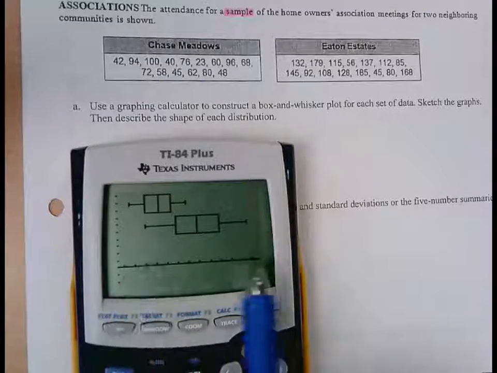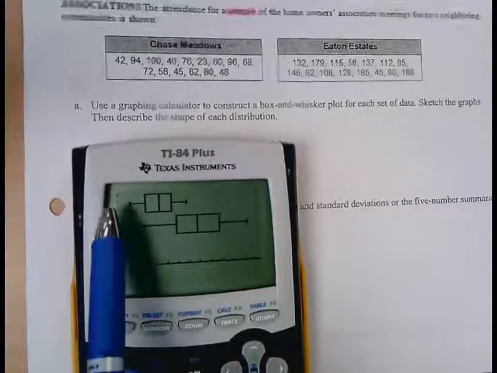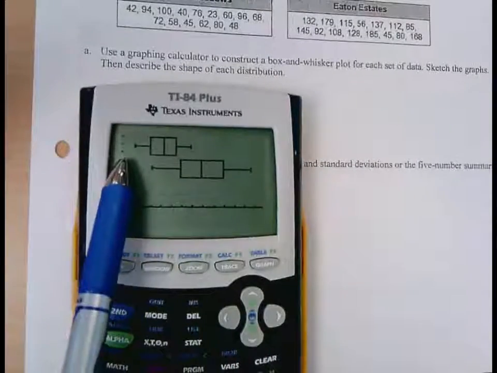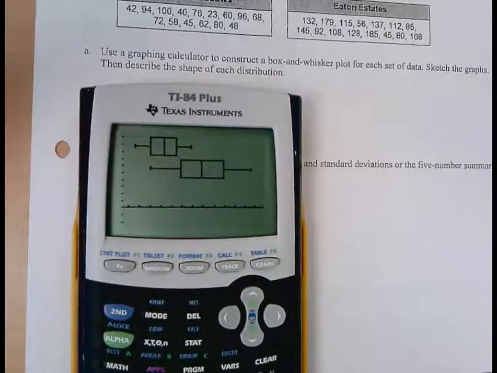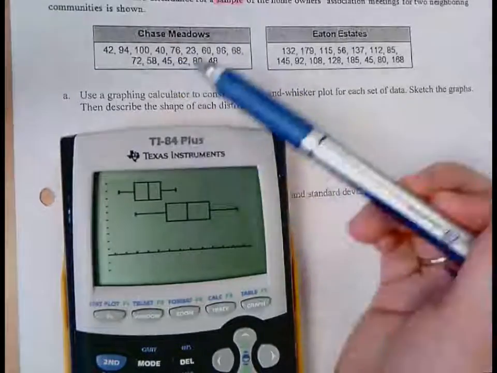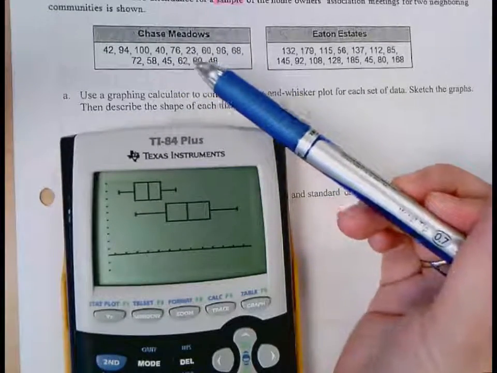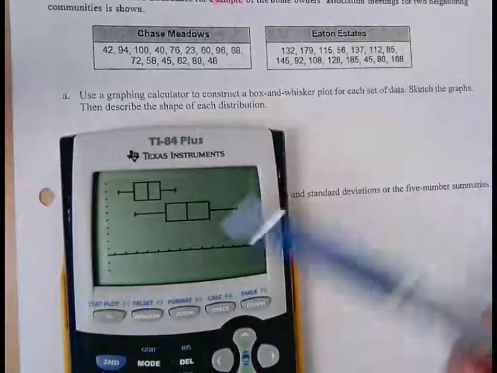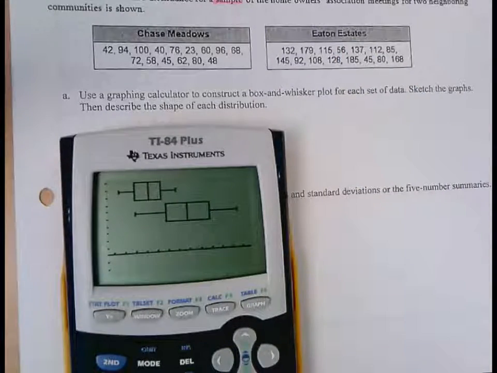Notice this is along an x-axis, so this top one, that has the minimum value overall, so that must be the Chase Meadows, because that 42 is, or actually the 23, is the lowest value if you compare all of the numbers. So you should be able to, one way or another, figure out which one is which. So in looking at these two,